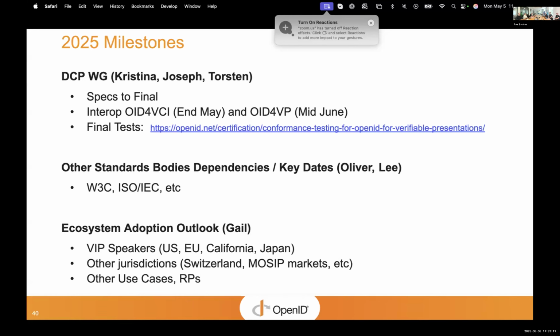Clearly, there's additional use cases beyond opening a bank account and other relying party segments that we expect this will be supporting. For example, the OpenID Foundation partnered with California and the DMV to do hackathons last autumn, where we saw healthcare use cases and use cases for lower income farmers, and several other financial services use cases, et cetera. So we're excited to see that breadth coming through as well.